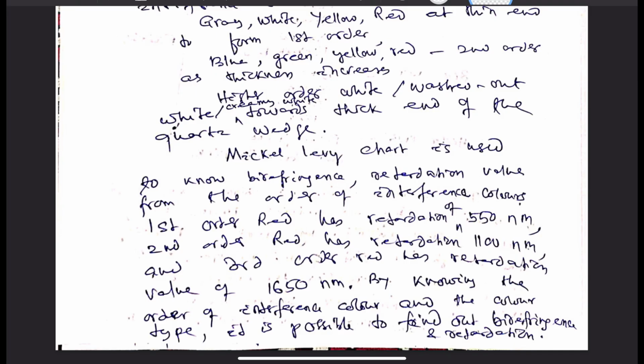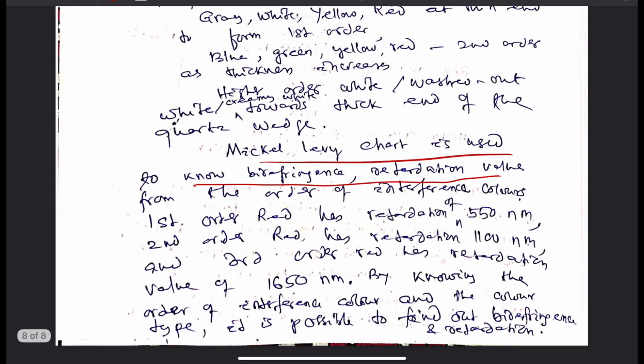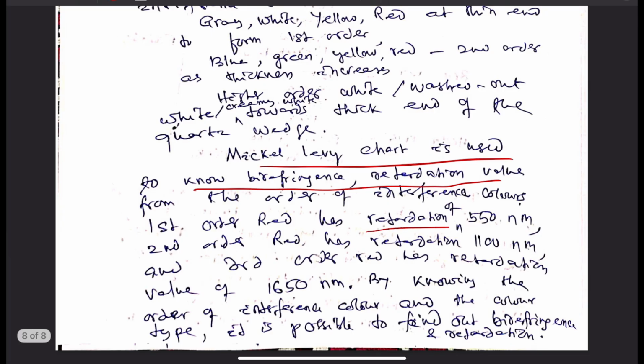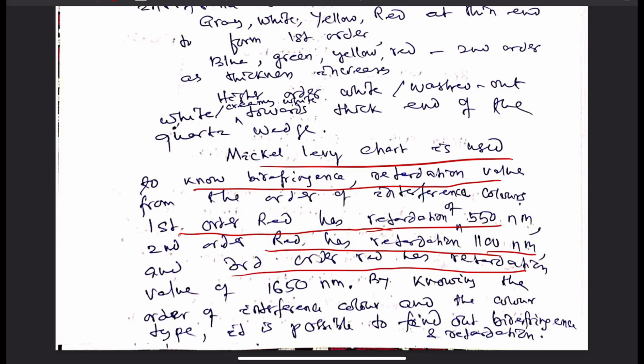After noting down the order of the interference color and the color present in the order, if we know the thickness of the mineral section, then by using the Michel-Lévy chart, we can find out the retardation, we can find out the birefringence value. Generally, first order red has a retardation of 550 nanometer, second order red has a retardation of 1100 nanometer, third order red has about 1650 nanometer of